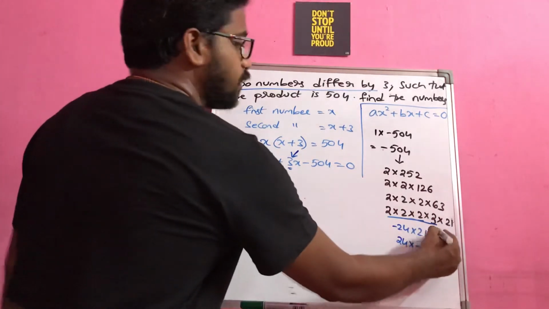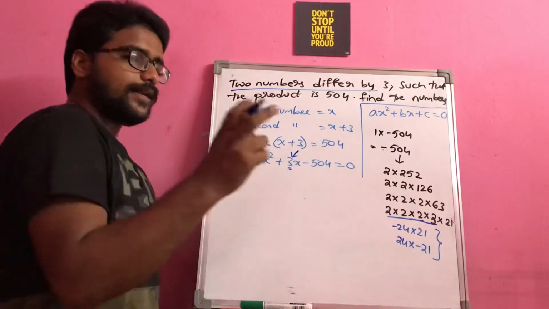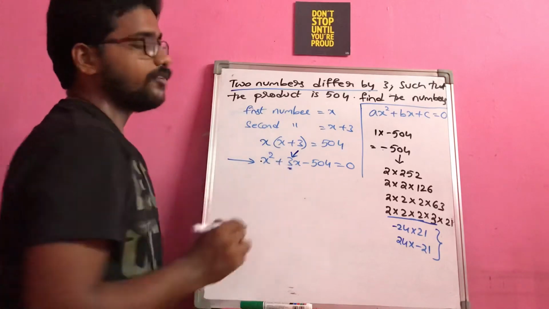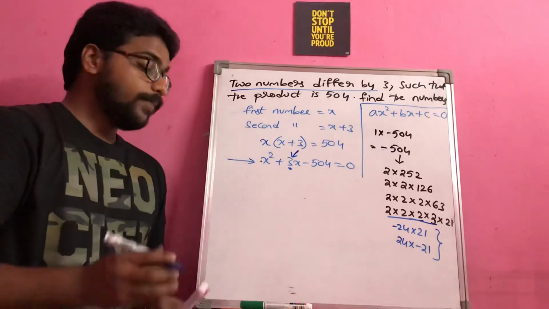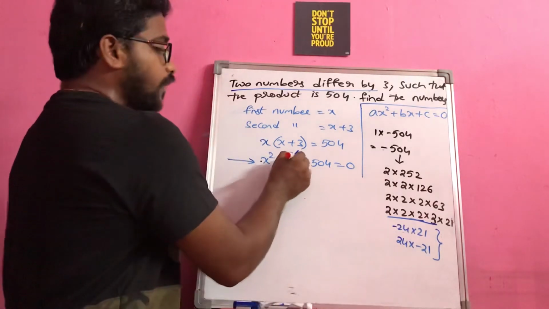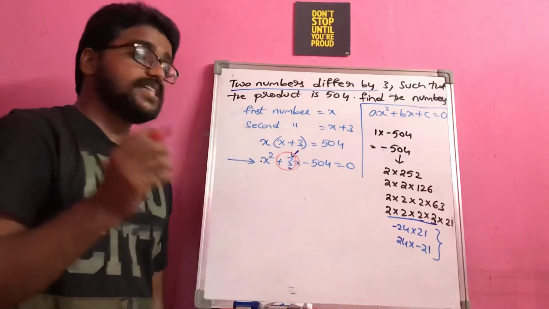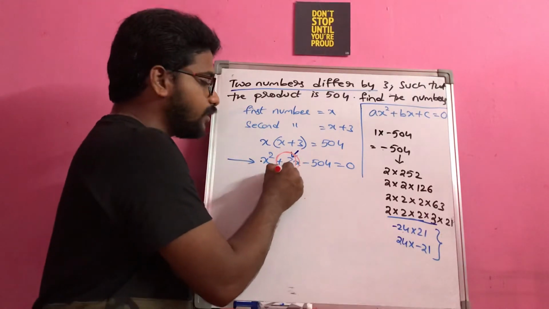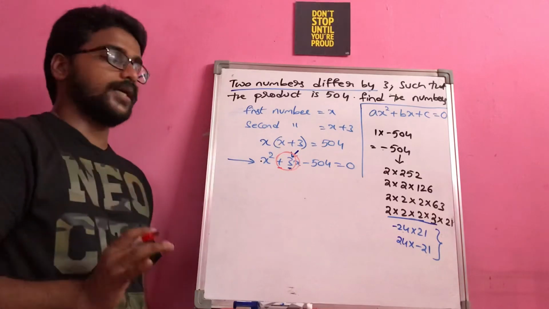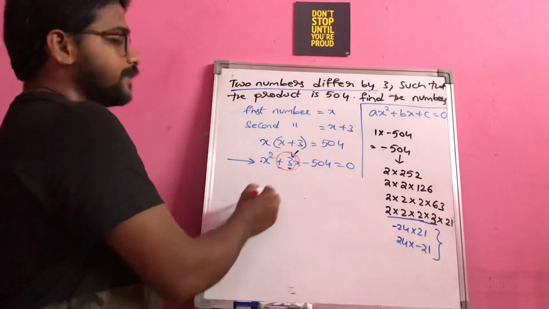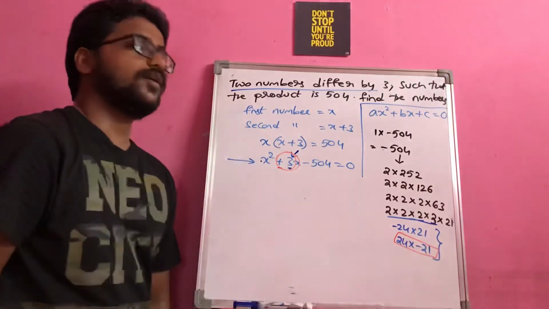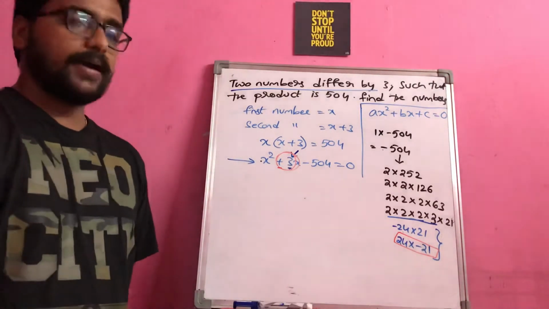In these two, the numbers are a little bit nearer, and it is also satisfying that the difference is 3 here. But in these two, which one do we have to choose? Our requirement here is plus 3. Generally students forget this plus sign. You have to consider the sign also, that is important. So my requirement here is plus 3x, so obviously the bigger number should have a positive sign and the smaller number should have a minus sign.